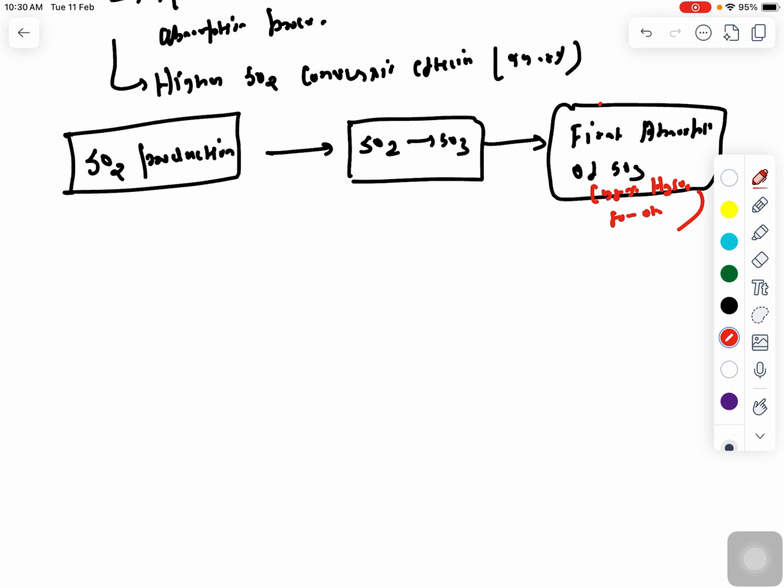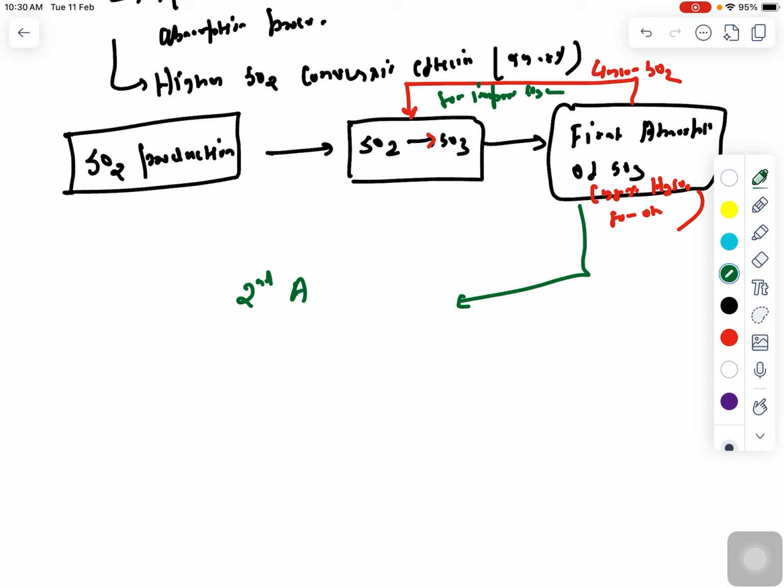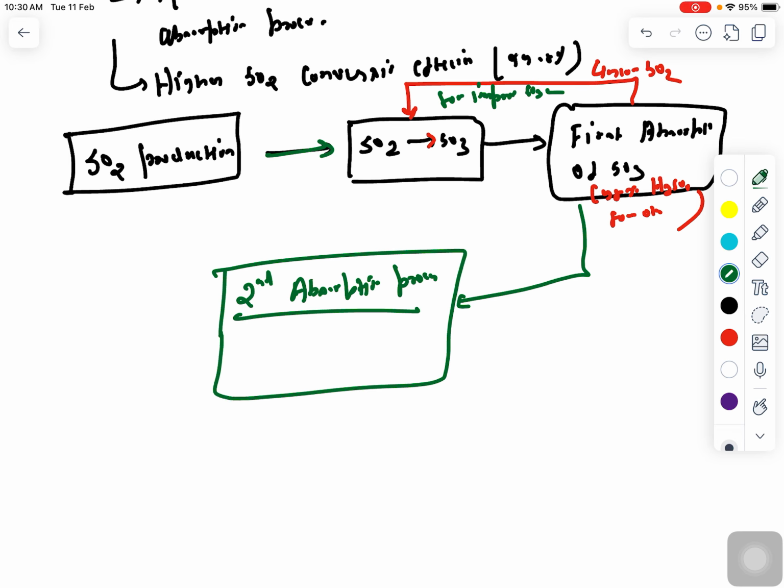So here unconverted SO2 will be there, and it will get recycled. So unconverted SO2, it will come in this step, and again it will form SO3, and once it will get oxidized again, so that it will improve SO3 efficiency, right? And then again second absorption process will start. Second absorption process. So here you can see that double contact is happening and double absorption process is happening, right? So again second absorption process will happen. So here you can see that SO2 is coming in contact 2 times, and again 2 times absorption is happening. That's why finally you will be getting 99.8% of